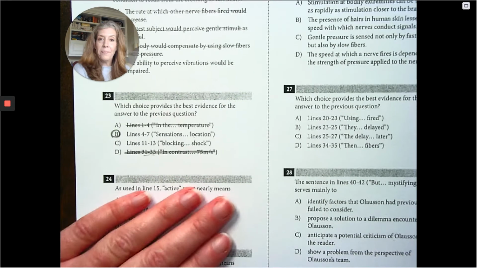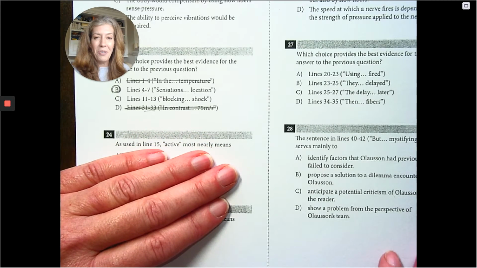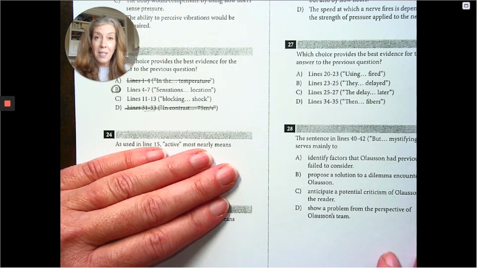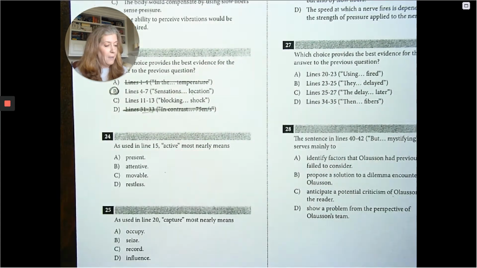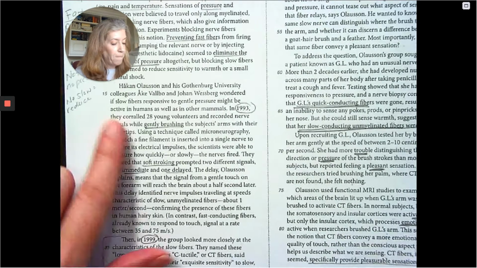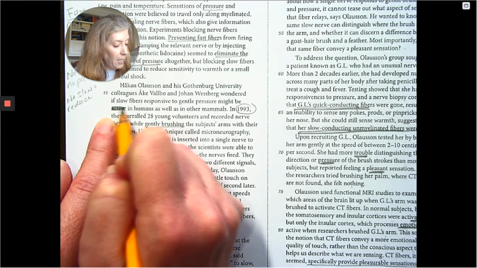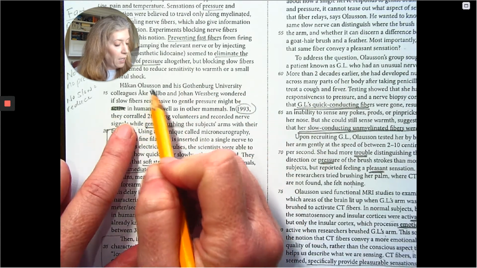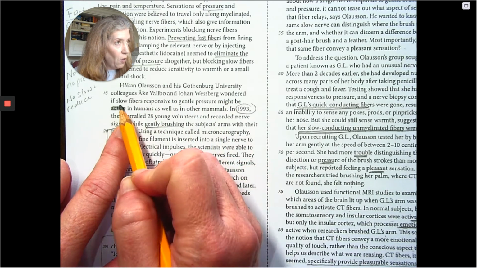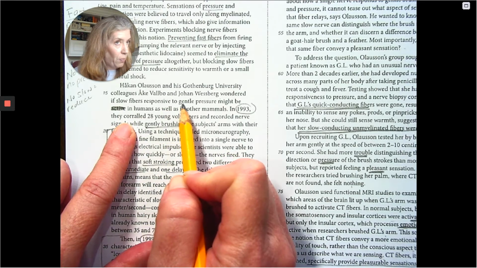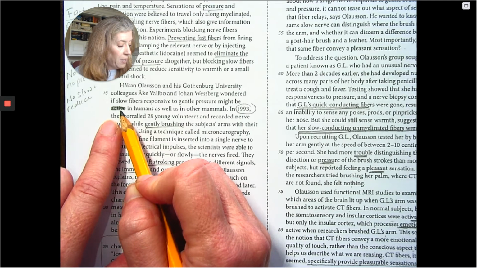Oh, okay. You probably were trying to warn me through the screen. Most nearly means. So instead of falling in love with some of the answers, we're just going to have a quick look. Active on line 15. Active. Get rid of the word completely. Okelson and Gothenburg University colleagues wondered if slow fibers responsive to gentle pressure might be present,